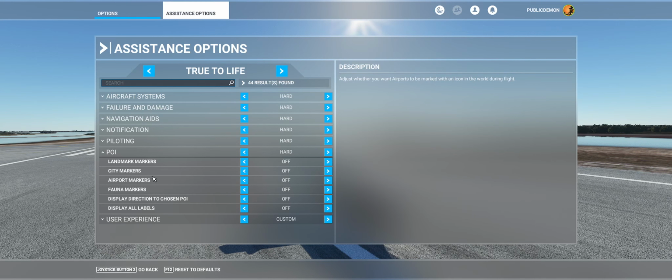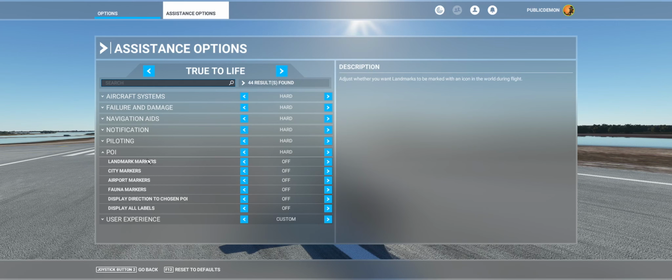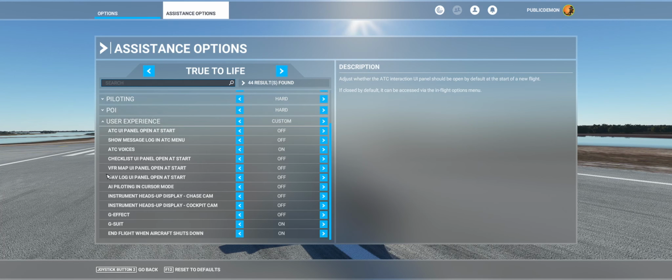If you want to fly around and you're not just kind of leisurely flying around, you want to see where some awesome landmarks are, some things around the world that you may not have noticed from flying there before, I wouldn't use these in an online environment. But if you just want to check out an area like a city, go ahead, turn them on. I think these are kind of cool. A little bit much for me, but they're kind of cool. But these user experience ones,